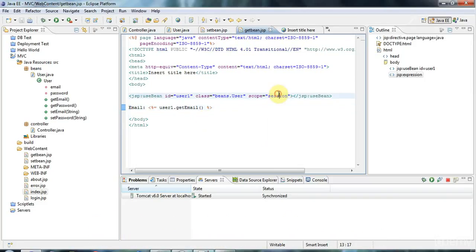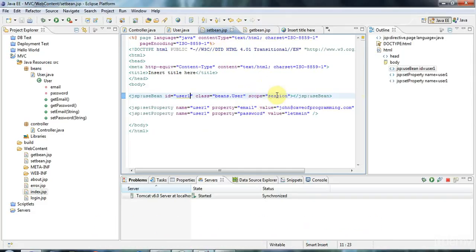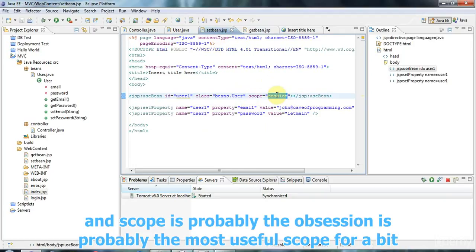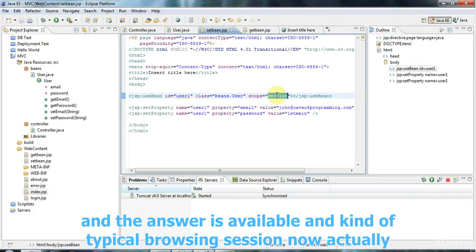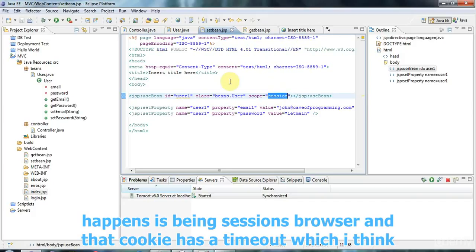So scope's a very important notion, and we've already seen in the tutorial on setting and getting beans that a bean has a scope, and we set the scope here to session. Session is probably the most useful scope for a bean, and the idea is that the bean will then be available in a kind of typical browsing session. Now what actually happens is that if you set a bean with session scope, a cookie